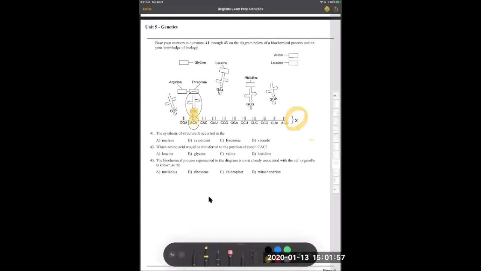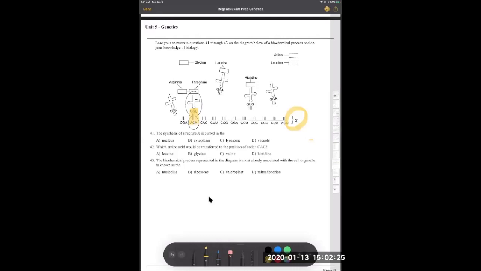The ACA part, that base is DNA. So when you see DNA in the same place with RNA, in my opinion, it's definitely nucleus. Because if you have DNA,